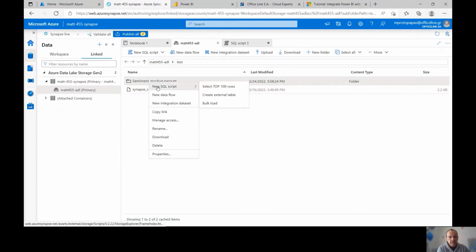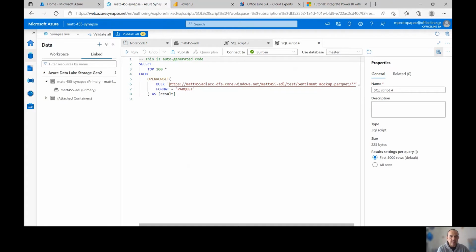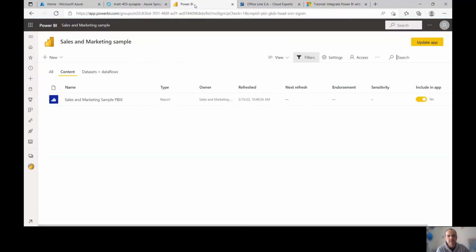You can create a SQL script, select top 100 records to get this link. We don't need the stars to be copied. And then you can import in both Power BI Desktop and data flows. And I'm going to show data flows, just to show data flows as well.